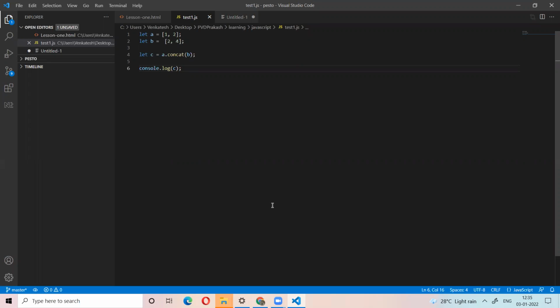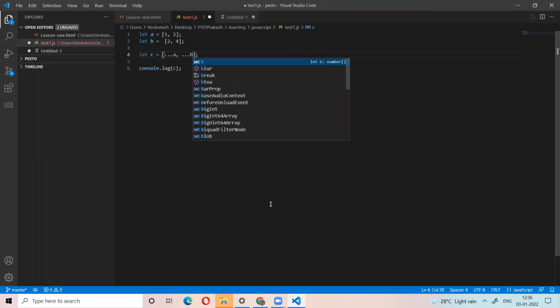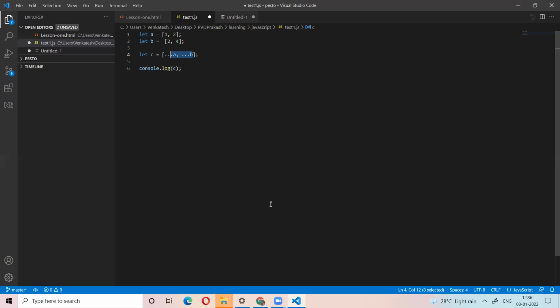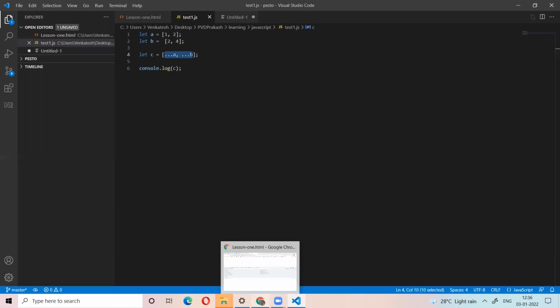There is a concept called merge. Merge means it will merge the arrays and remove the duplicates. For that we also use the spread operator. This is called merging the two arrays. Merge means it will remove the duplicates.